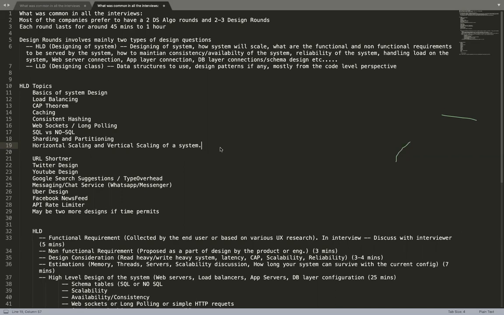So if you go to any big firms, tier 1 or tier 2 companies, they generally expect you to have at least one design round, or whenever there is this managerial round concept nowadays. In that as well, for half an hour they'll discuss mostly your previous projects or how you'll handle some situations, but in the other half they would ask you to solve a particular problem based on your previous project. So if you know about all these topics, it just adds value to your portfolio.